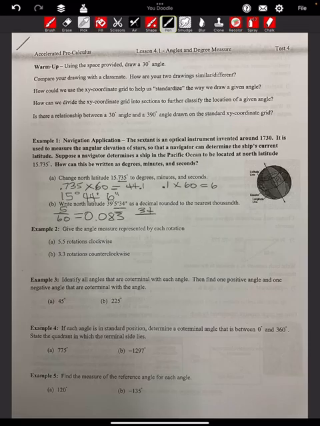So let's say we're given the degrees, minutes, and seconds, and we want to change it to a decimal. We already got the 39 here, so we don't have to worry about that. Now we're going to focus on the minutes and seconds. For the minutes, we divide by 60, because there are 60 minutes in an hour. So 5 divided by 60 is going to give us